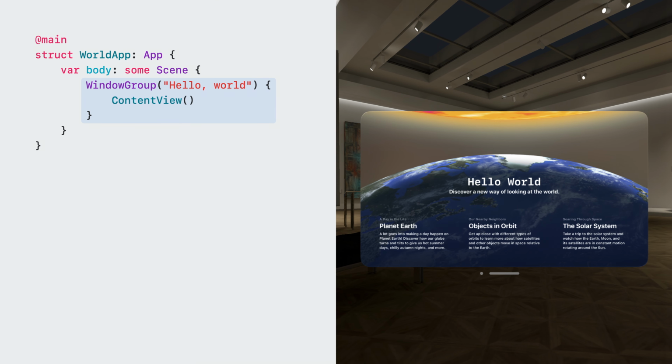To show our window, I'm using the same Window Group API that works on all other platforms. By using Window Group, I also automatically support creating multiple windows, just like on macOS or iPadOS. Now, I've been really keen to add a new feature to the app, a library to collect all kinds of fun facts about our solar system and universe, so my fellow space students can keep on learning. But I've been stuck trying to figure out where in the app to put this feature.